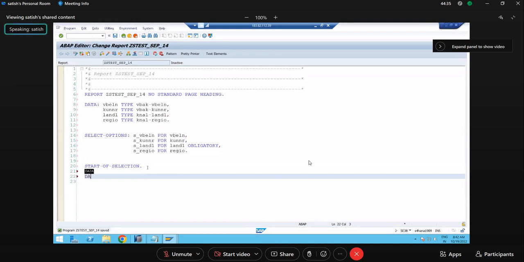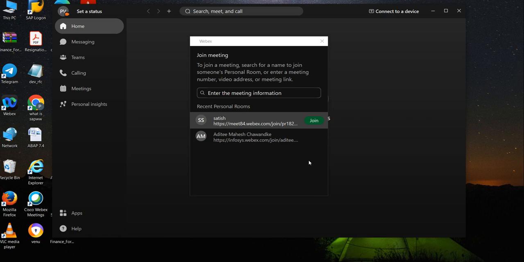Now first thing, data of, okay, lv underscore